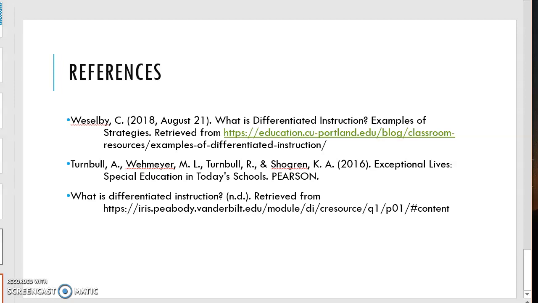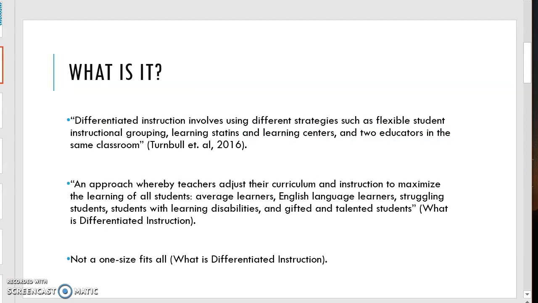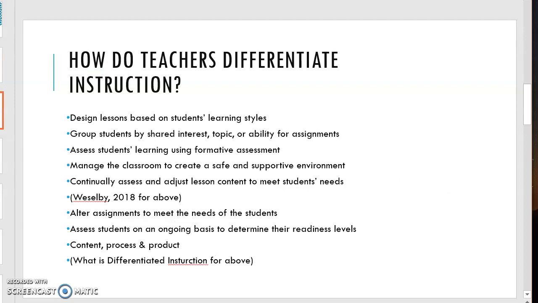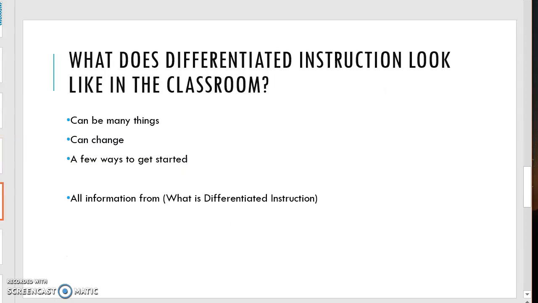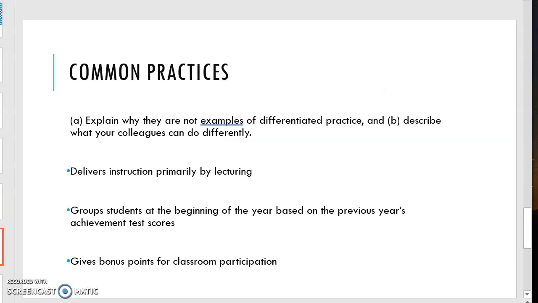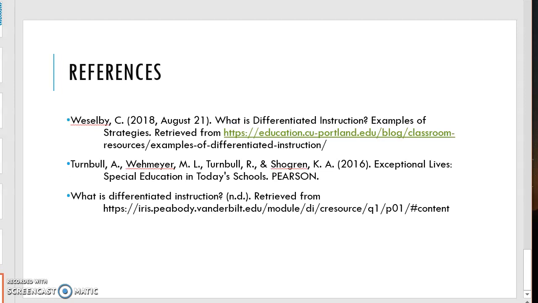We talked about what differentiated instruction is and how teachers differentiate instruction. How do teachers prepare their students and their classrooms for differentiated instruction? What differentiated instruction looks like in the classroom, and the common practices as well. And it's important to remember that as we teach differentiated instruction, every child is going to learn differently, and that they do not all learn the same, and that